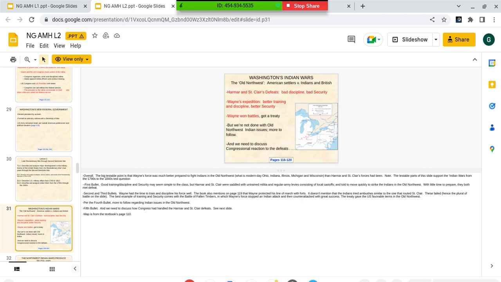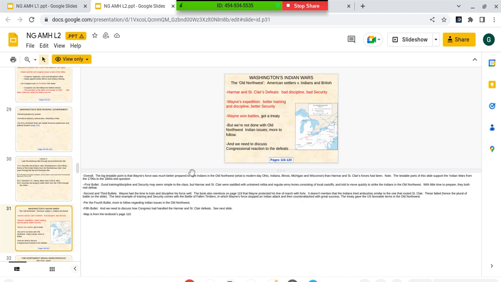So the British were occupied with their own wars back in Europe against Napoleon, and for that reason, Canada wasn't as well guarded because the British were preoccupied fighting battles of their own, and so the Americans tried to take advantage of that by exerting their sovereignty by trying to invade Canada. But of course the Indians sided with the British, and so they had to fight against a bunch of Indians,